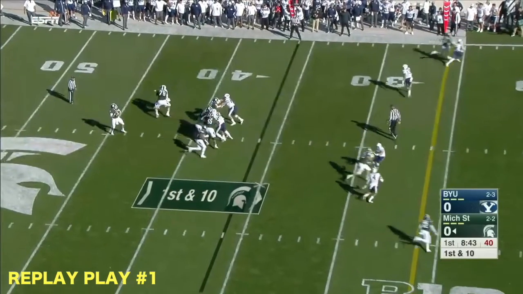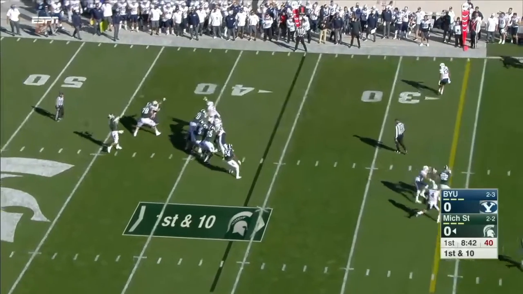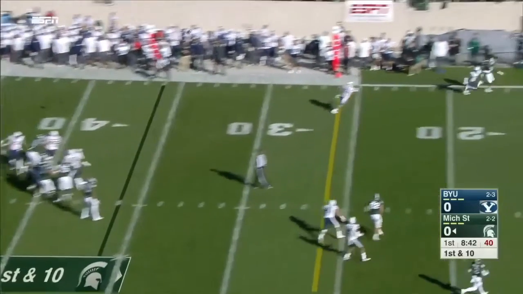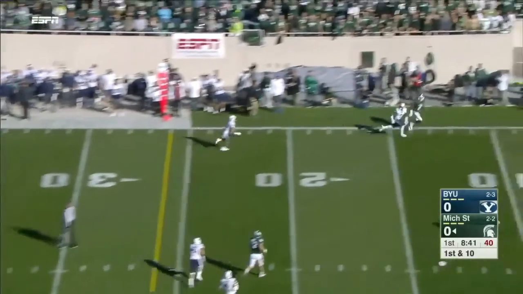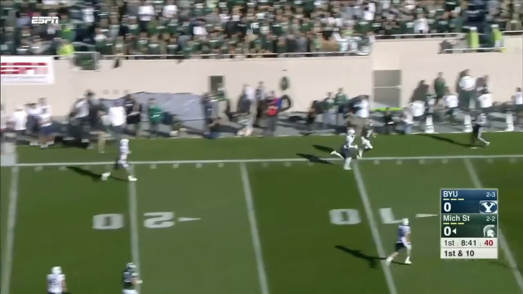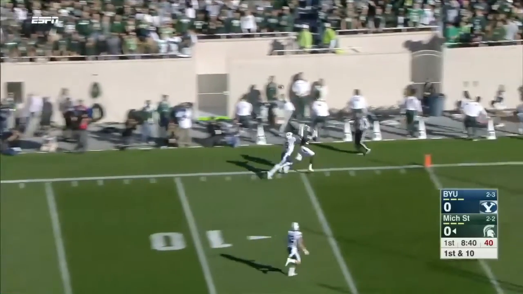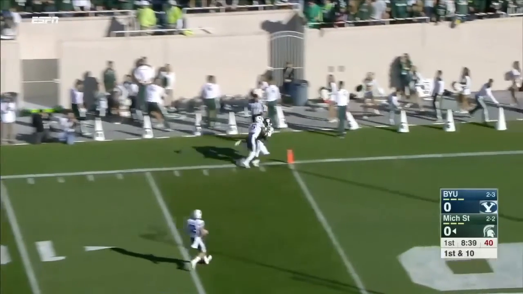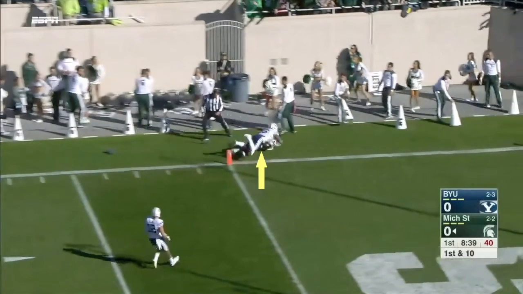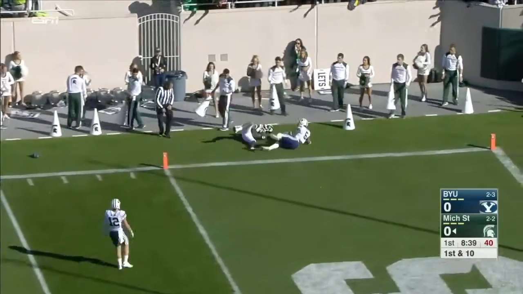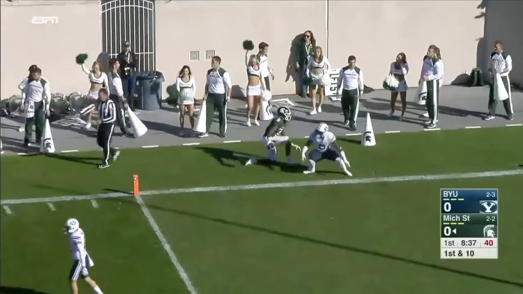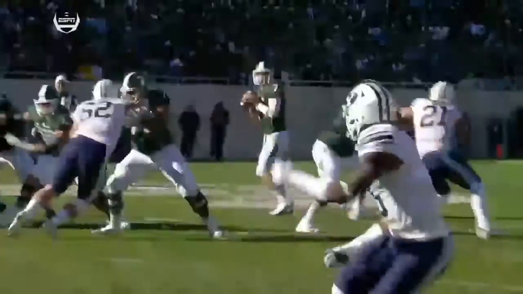This play is interesting, gentlemen, from the perspective of the replay official, because what we're going to have is ITP, illegal touching on the forward pass, because the receiver there will step out of bounds at the 10, be the first to touch it and go in for the score. You see the official put the hat down, but there you can see the ball comes loose. It's on the ground. It's quickly confirmed by the quad cam from the north end zone that the ball did hit the ground,